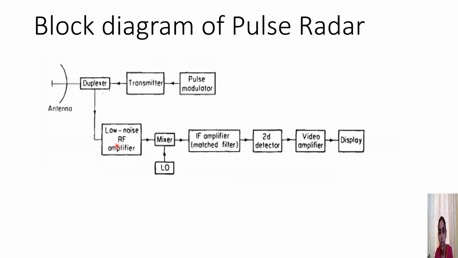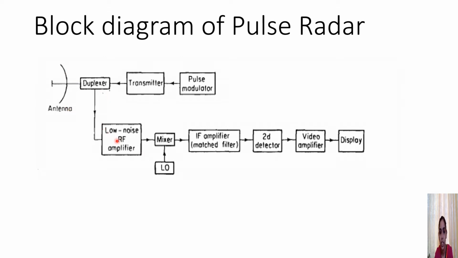And in the receiver we have the components of a superheterodyne receiver. When considering the duplexer, it has to provide a short circuit at the input to the receiver side when the transmitter is transmitting, so that the high power signal flows to the antenna and not to the receiver side.